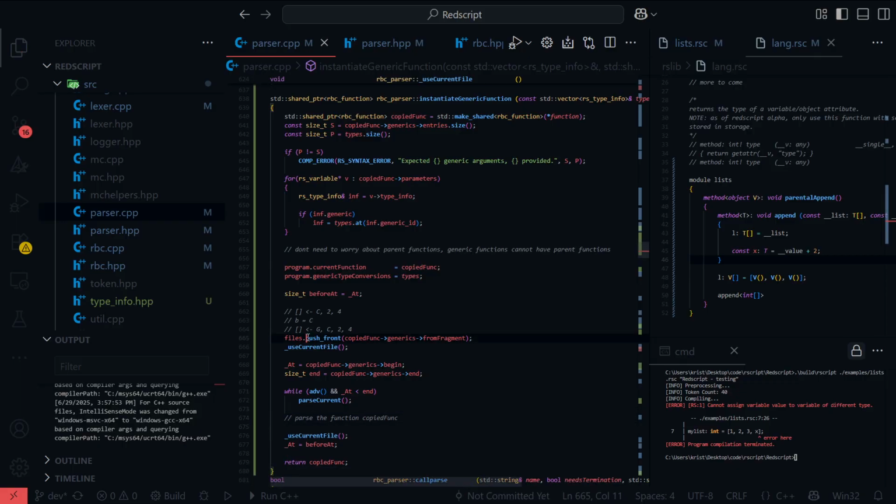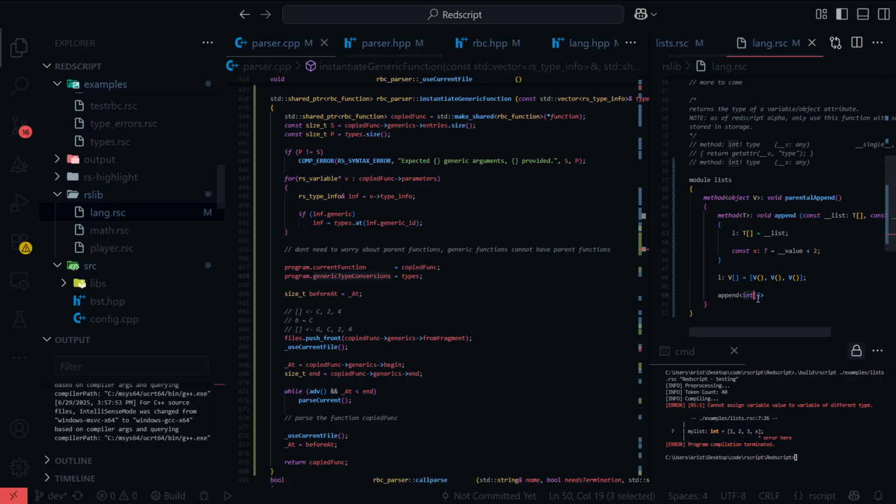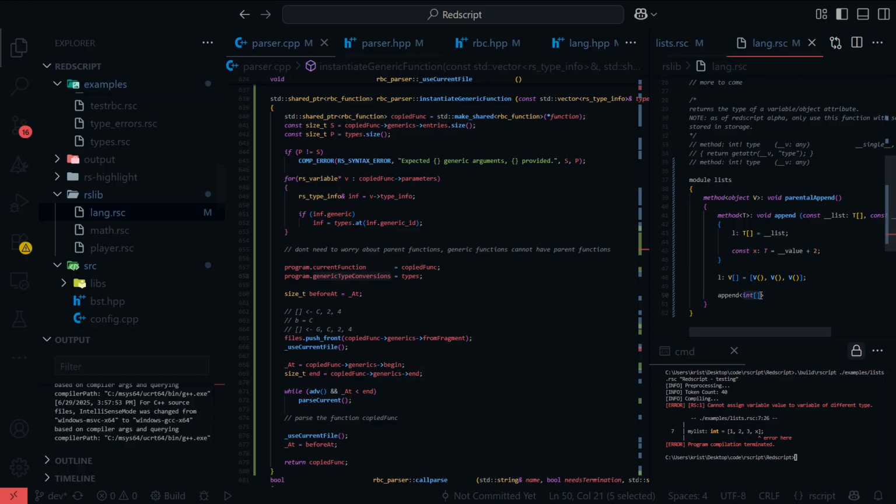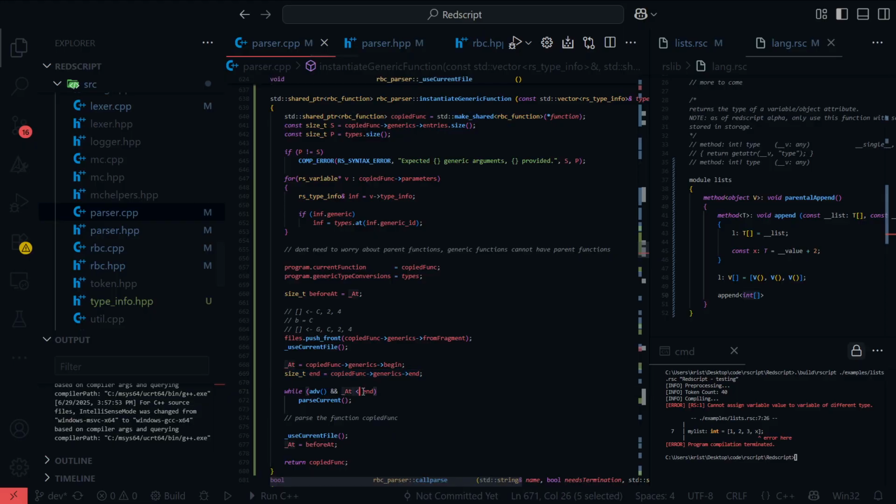So I've pushed front a new file. I'm now using it so it's popped from the stack, from the deque. Then I set where we're supposed to be to parse the function. I set the current function we're in. I set the generic type conversion. So we've parsed in like int, for example, int array. So if it ever finds t, it will look in generic type conversions and find that t is now int array, so just paste it in. Then, while we're not at the end of our function,